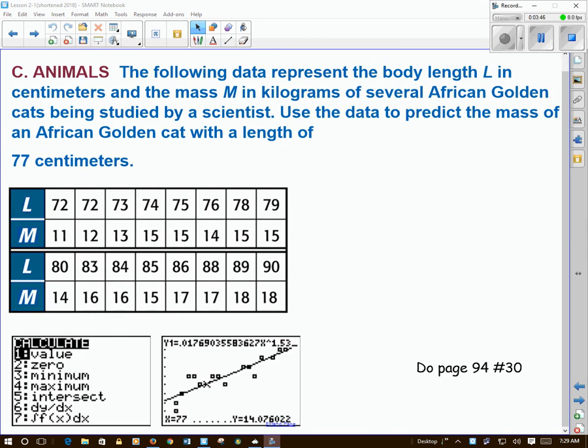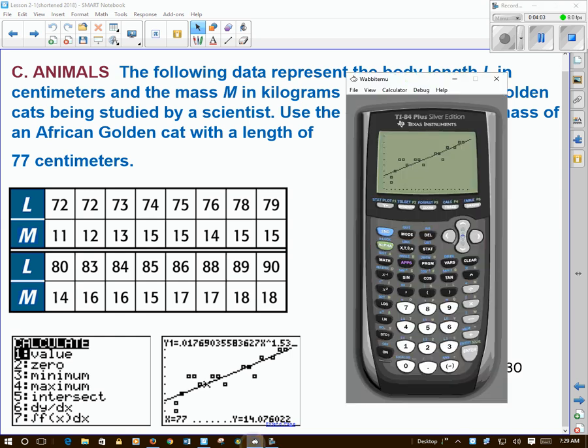The final part of this example is we want to take that power regression we just created and use it to predict the mass of a cat with a length of 77 centimeters. So for that, bring our graph back up here. And so from this same graph, we can go to Calculate, which is the second of Trace. And we want to calculate a value when x is 77. We're going to put in 77 there and enter,